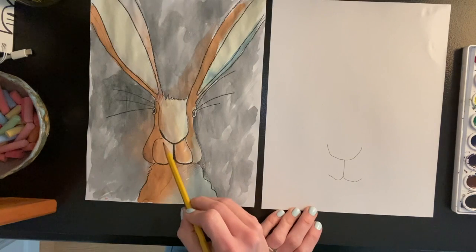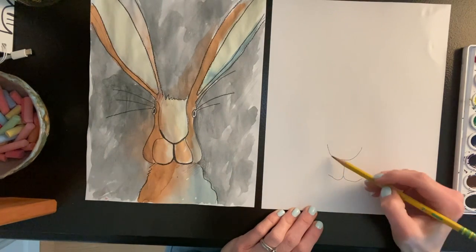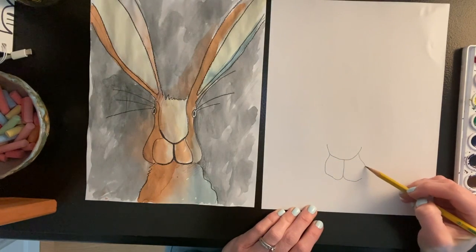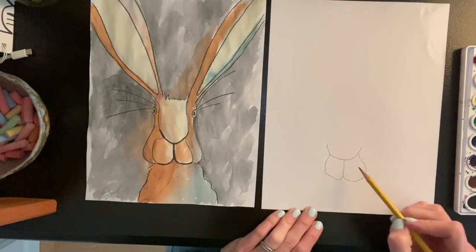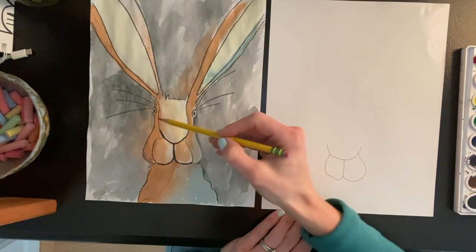Our next step is to connect from here around and then from here around. And again, we're not looking for perfect today. We're just kind of looking for a fun little drawing. After you have drawn the nose and the kind of cheeks there, we're going to draw the side of the